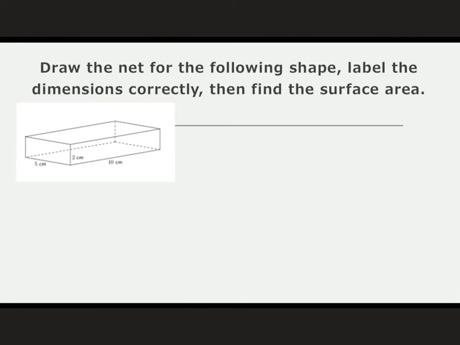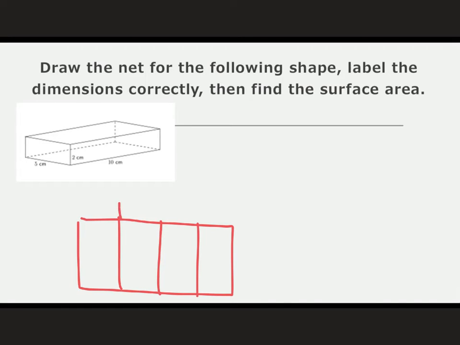All right, next one, same idea: draw the net, label the dimensions, find the surface area. Here we have a rectangular prism, so everything's a rectangle. I have 4 sides that are rectangles, and then 2 bases that are rectangles as well. I like to label what's my little flappies or my bases here first. So those are 5 by 2's. So I can put 5 by 2,